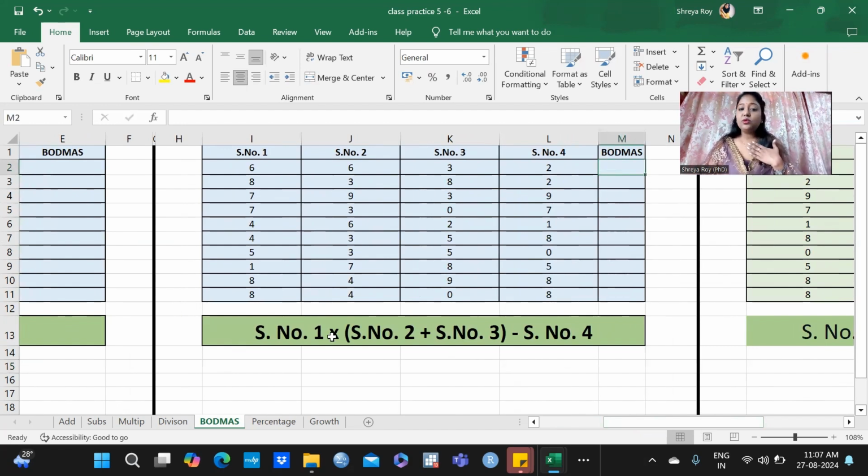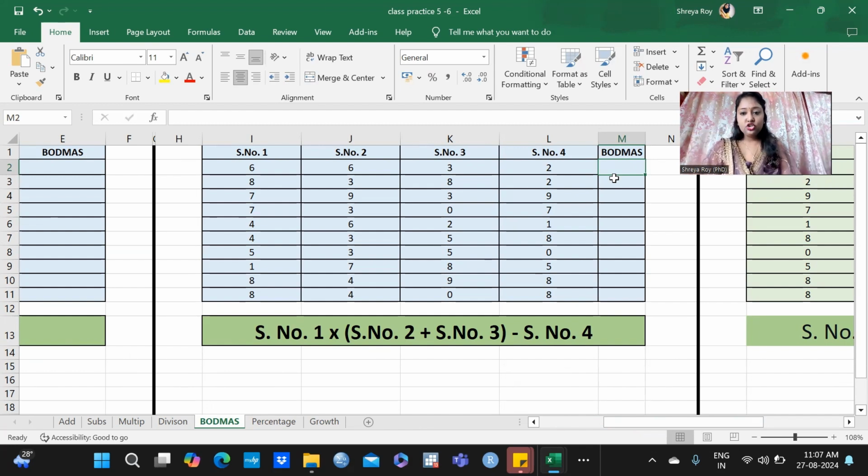Now, let's take a look. The question is serial number 1 into serial number 2 plus serial number 3 minus serial number 4. If we had to do this manually, we would have had to solve first the bracket, then do the multiplication and then the subtraction. But since this is Excel and Excel will do all the work for me, what are we going to do? We are going to type the